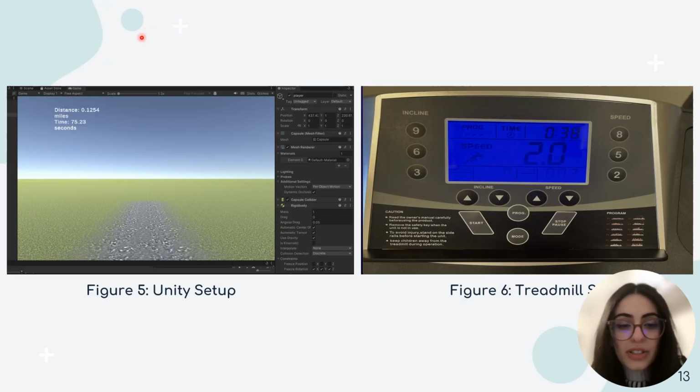So this is the setup for the test. Over here on the left, we have the Unity setup, where we're showing how we input the speed and other settings into the program. And on the right, we have the treadmill setup, where we can see the data gathered from the treadmill. In the Unity setup, we can see how once we input the specific speed that we need,